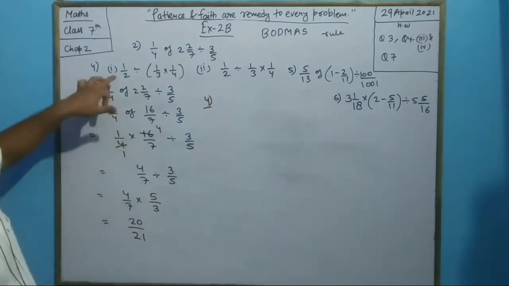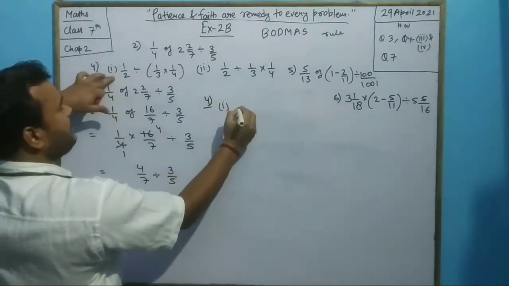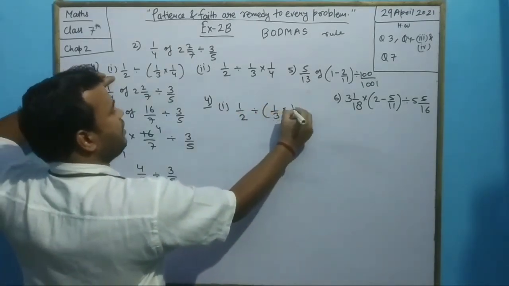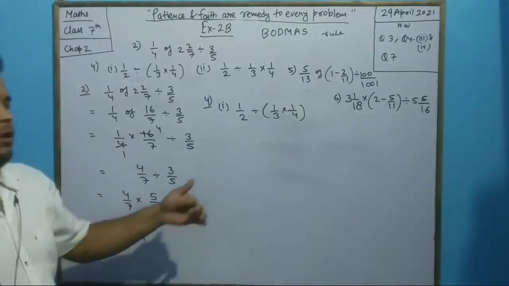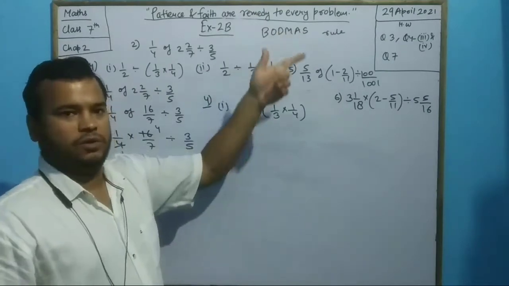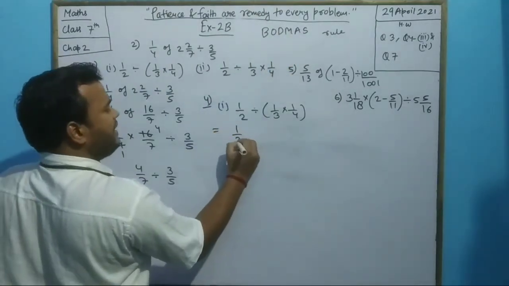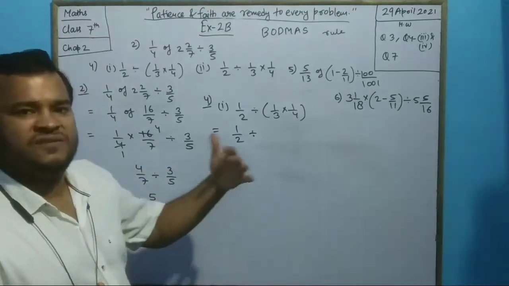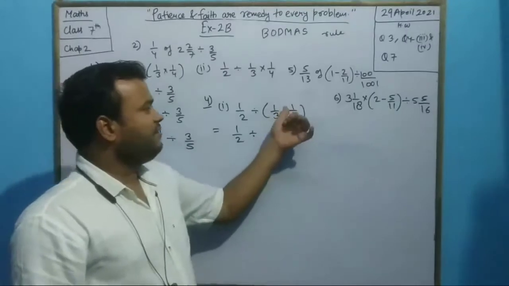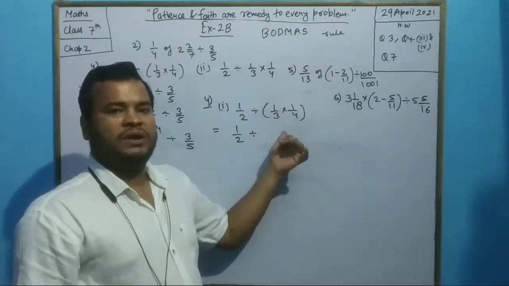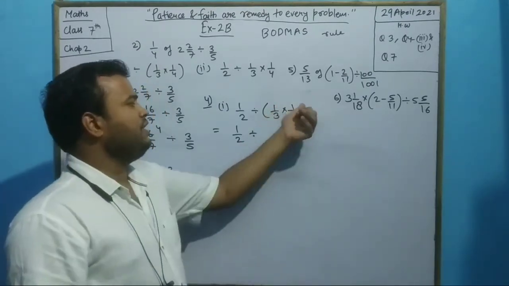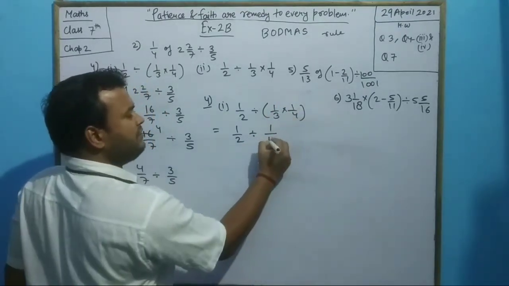Taking the first part of question 4, that is 1 upon 2 divided by, in brackets, 1 upon 3 into 1 upon 4. Now there is a division and there is also a bracket. So bracket comes first, division comes later on. We will operate the sum that is inside the bracket. Here it is 1 upon 3 into 1 upon 4. Is there some common factor between numerator and denominator? Nothing. 1, 3, 1, 4, no. Nothing common. So just multiply: 1 into 1, it will be 1, and 4 into 3, this is 12.